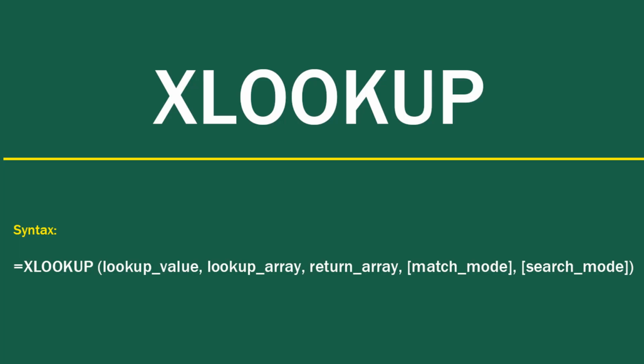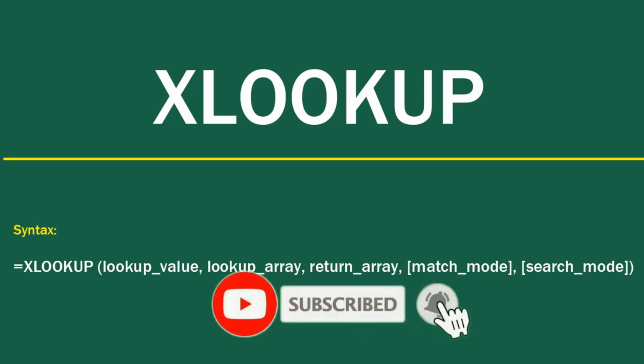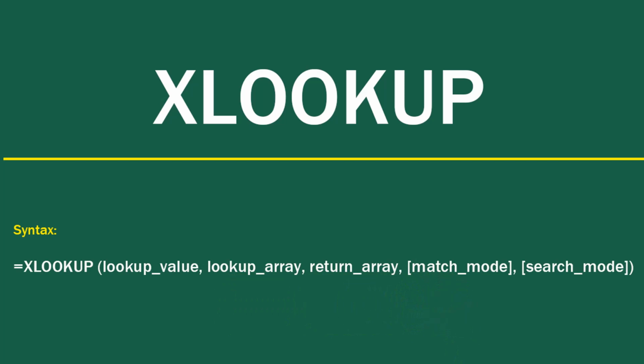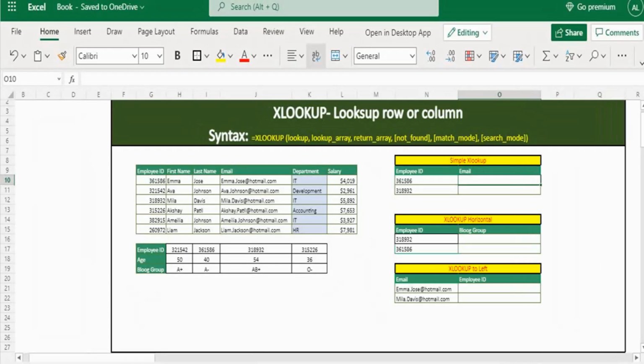Another dynamic and newly launched function which we will see is XLOOKUP. This is the best inbuilt solution which Microsoft launched in their Office 365 version. In this function, we can look up values horizontally or vertically. Means we can look up rows as well as column. This is very useful function. To understand, we will use this sample data where I have employee ID, first name, last name, email, department and salary data. First, we will see XLOOKUP where we need to retrieve